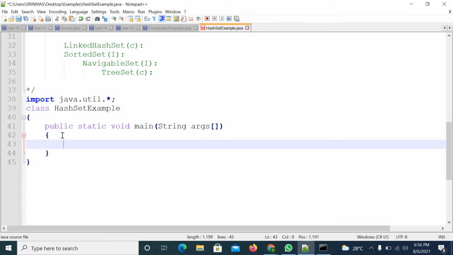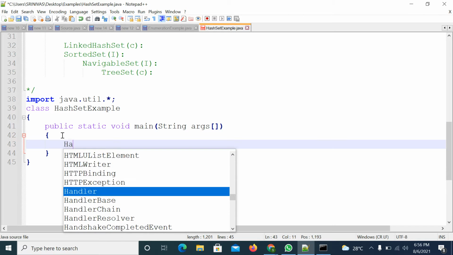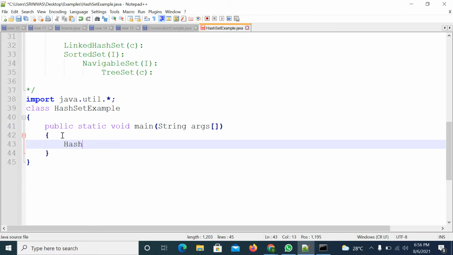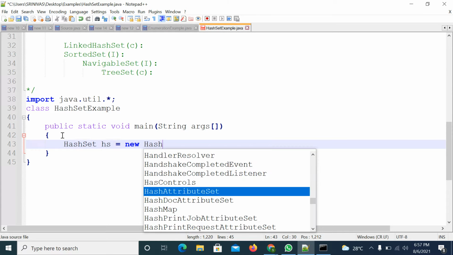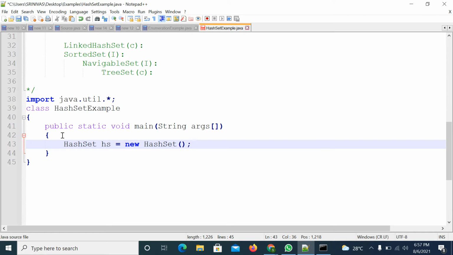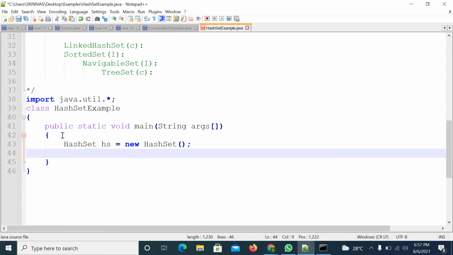Now you can create a HashSet object with new HashSet(). It does not have any elements, and it has an initial capacity of 16.